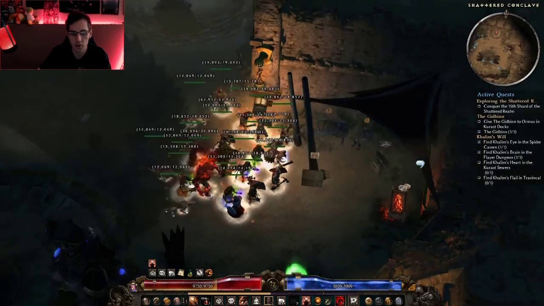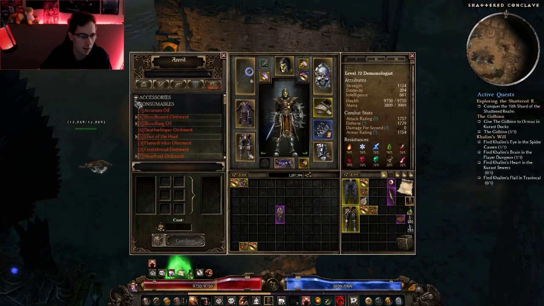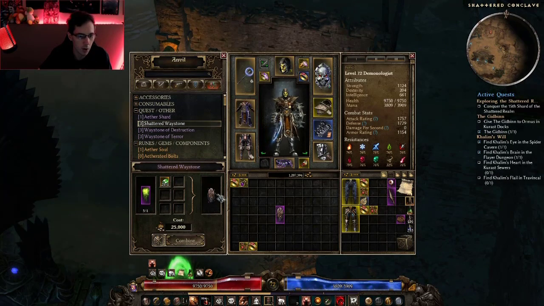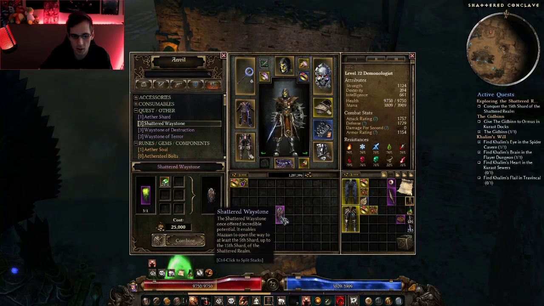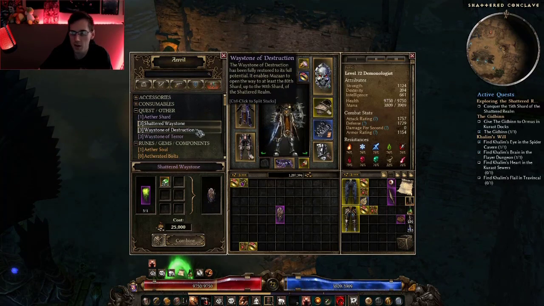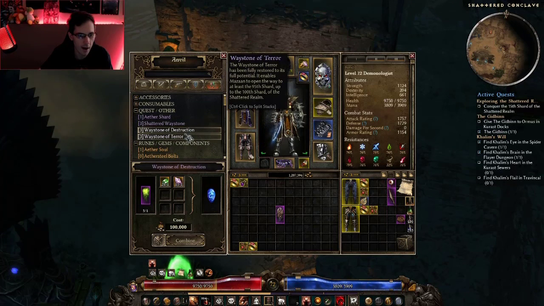To find those, they're in the anvil. Go to the last one and just close all these until you get to quest and other. It's right here. You want to make sure you can make this. So what you're going to do is make it and just keep it in inventory at all times. Then if you want to skip all the Shadow Realms and go straight to the high waves, you can